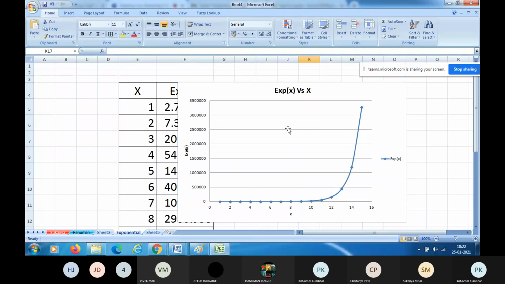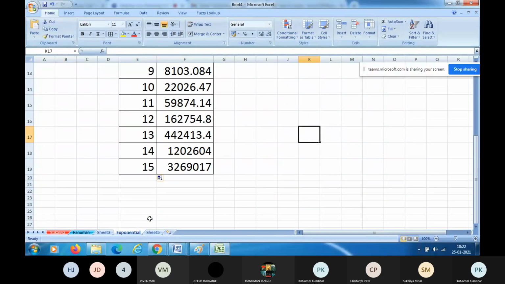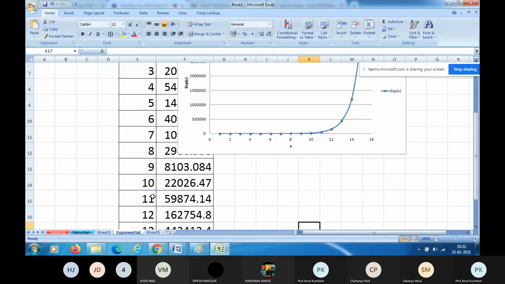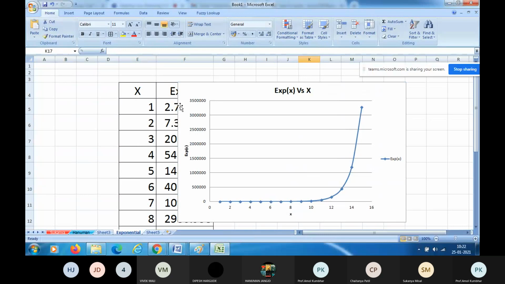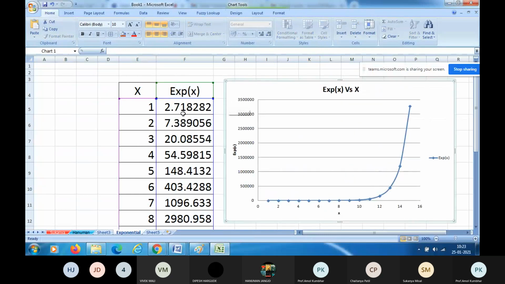I have selected values of x 1, 2, 3, 4, 5, 6, 7, 8, 9, 10, 11, 12, 13, 14, 15, right? For these values of x, exponential of x का values देखिए 2.71, 7.38, 20, 54, 148.41, 403.42.